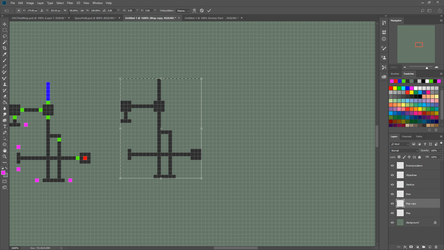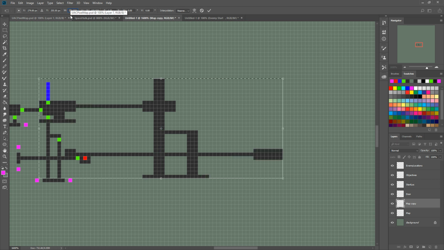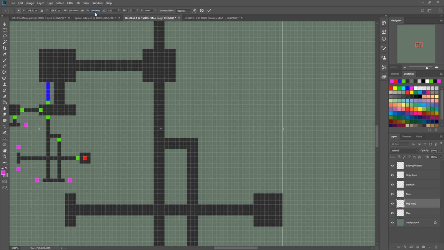Now up at the top you've got width and height, and we are just going to put a 300 instead of a 100, and there we go, 300 width, 300 height. And just make sure when you're doing this, it probably won't be set up on yours, to use the interpolation mode of nearest neighbor, because if we use something like bilinear,